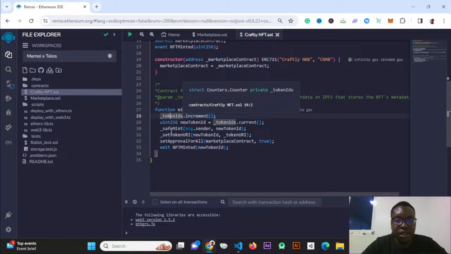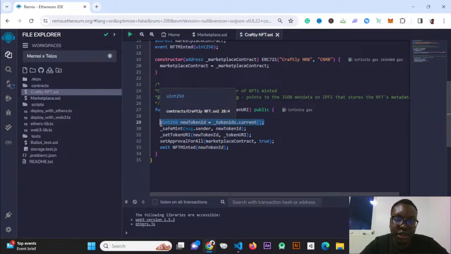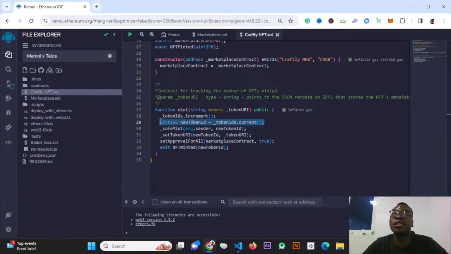You'll create a new variable that takes in a new token ID, which is equal to the current value that we have of the token ID. So what this means is, if I minted an NFT prior to this, what you'll find